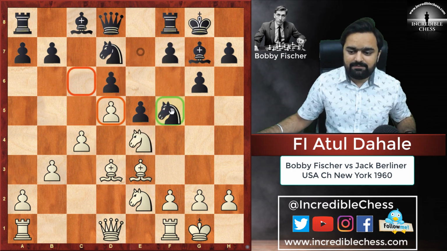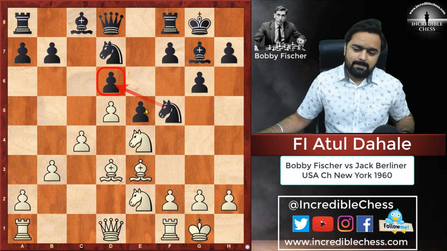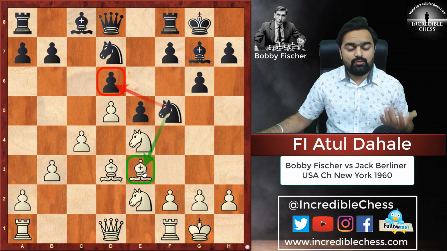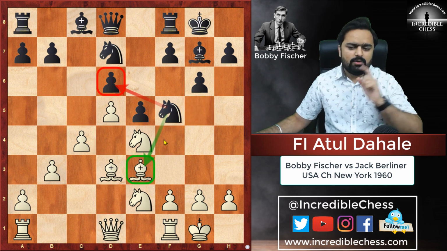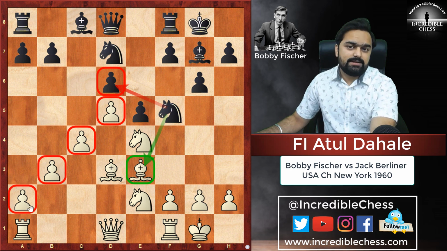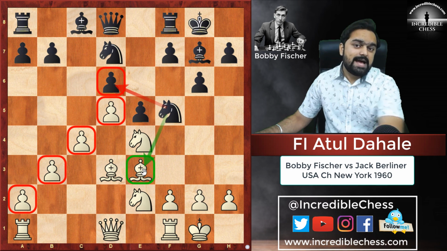So he plays knight f5, supporting the pawn on d6 square. Now the bishop on e3 is being attacked by the knight, so he needs to do something about it. We are not going to just give up the bishop pair for our opponent, so he plays bishop to g5. One more thing I would like to tell you, that in this position the pawns are on the light square,